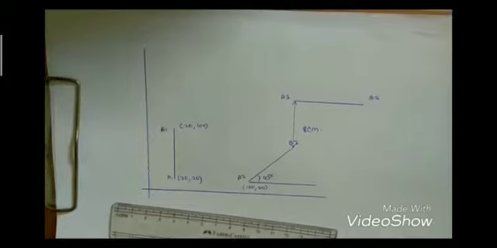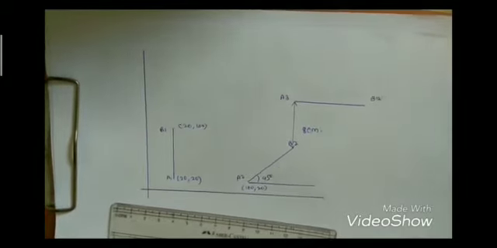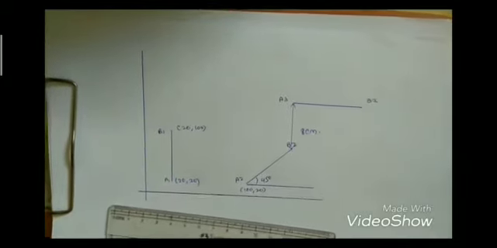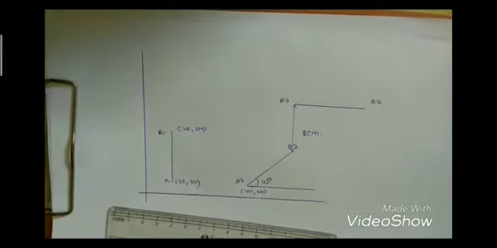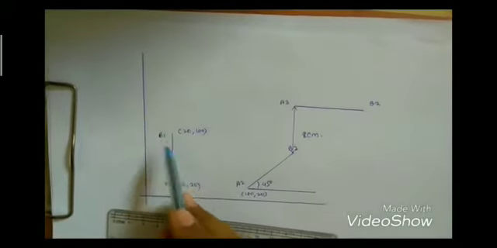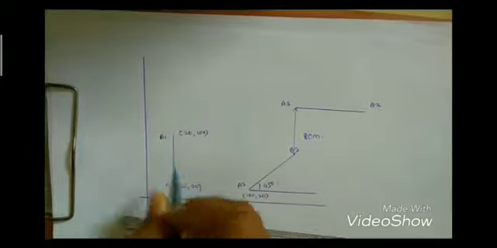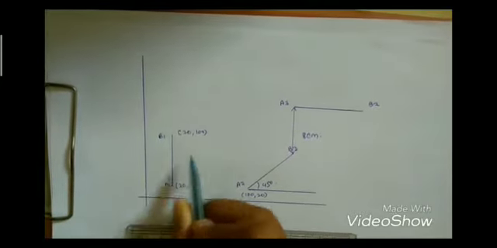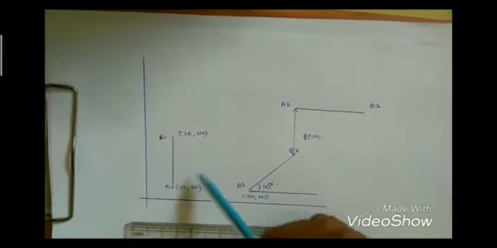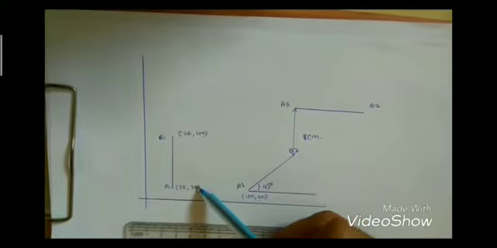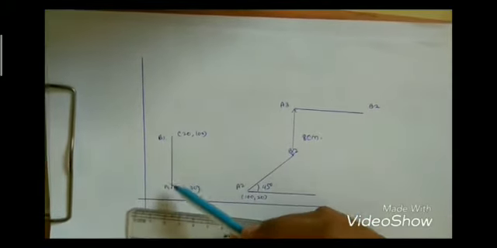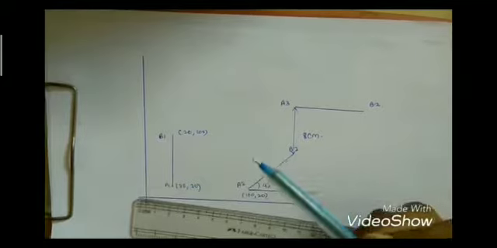So friends, this is another type of numerical which may be asked in the examination. In this numerical, we basically have been given a diagrammatic representation of three links in a coordinate system with their coordinates. The link A1 B1 is a fixed and rigid link. The coordinates are given as 20, 20 and 20, 100. From this we can measure 100 minus 20 and 20 minus 20, that the link is 5 cm long.